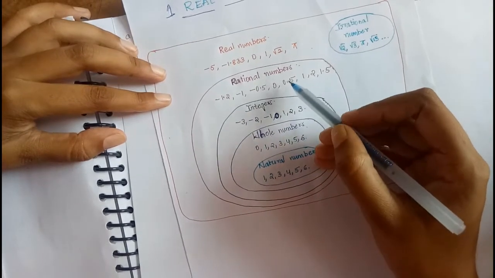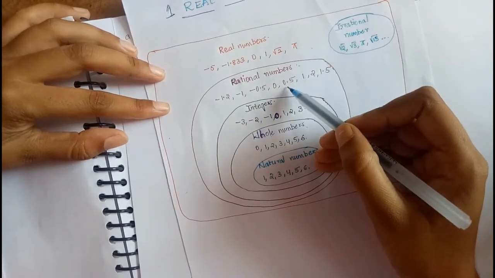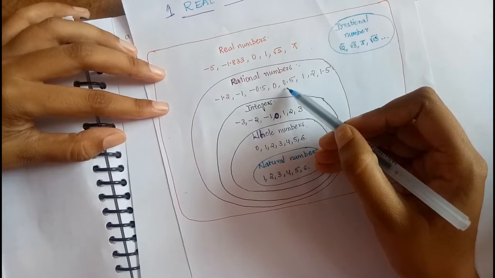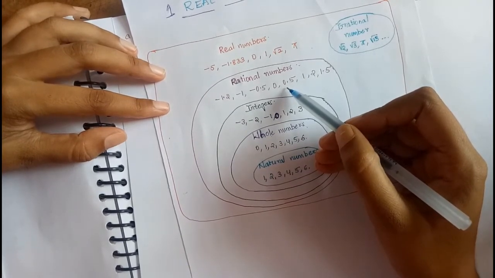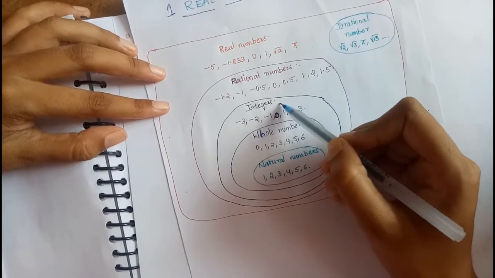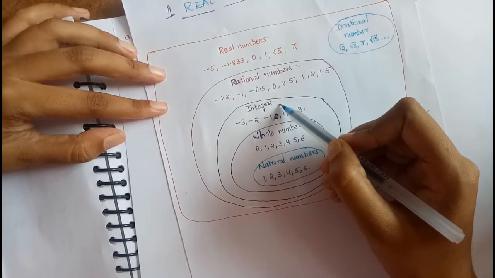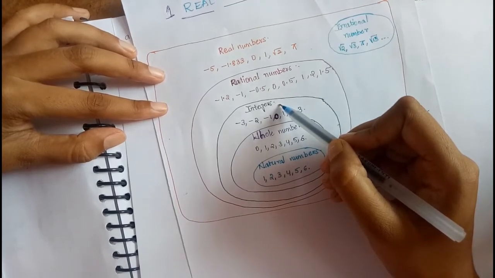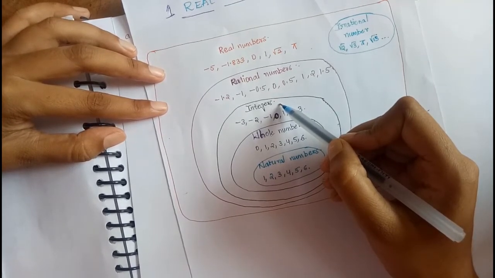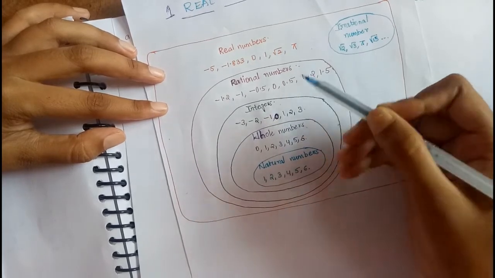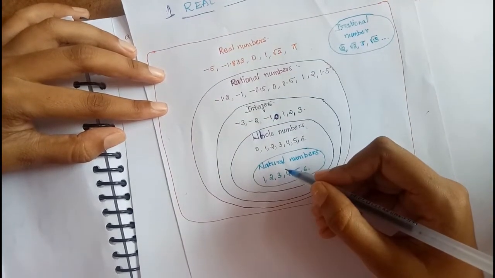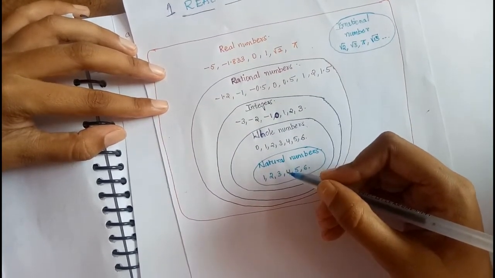And the rational numbers are those which can be represented as a ratio of integers. The numbers which cannot be represented as a ratio of integers are known as irrational numbers. The numbers including both rational and irrational numbers are known as real numbers. I think you all know what real numbers are. You have already studied them in your lower classes.